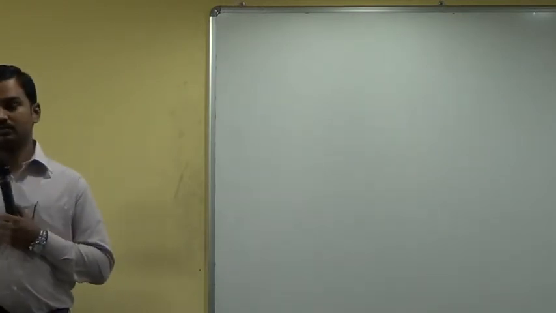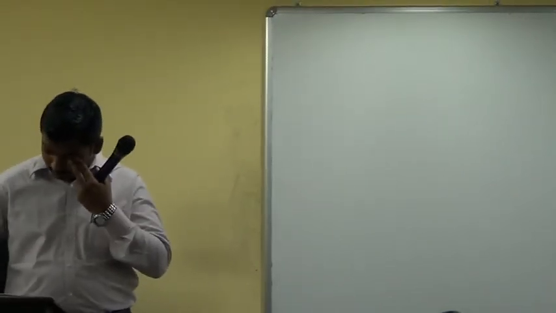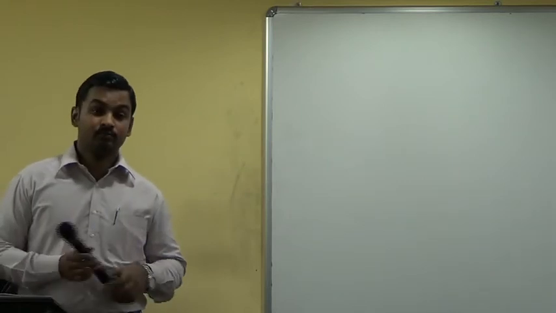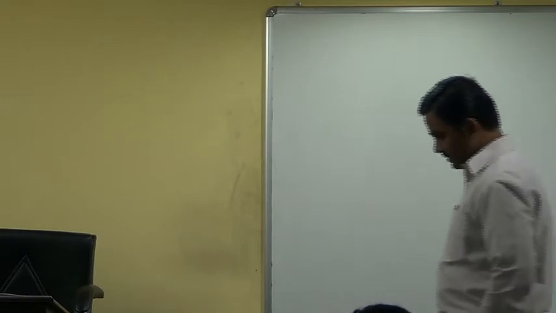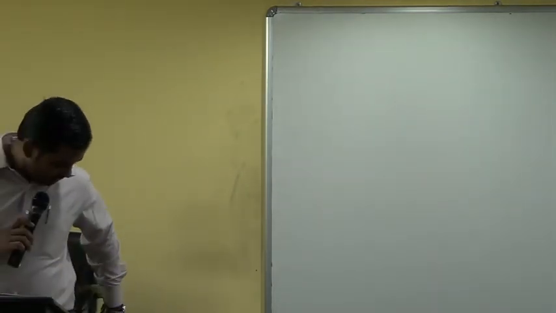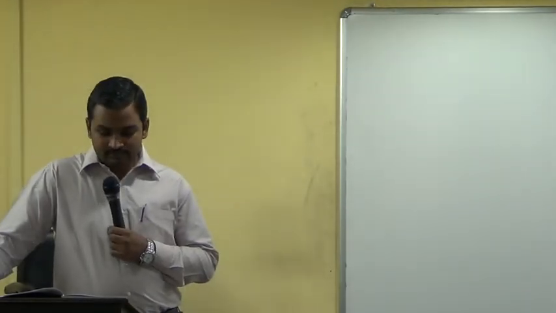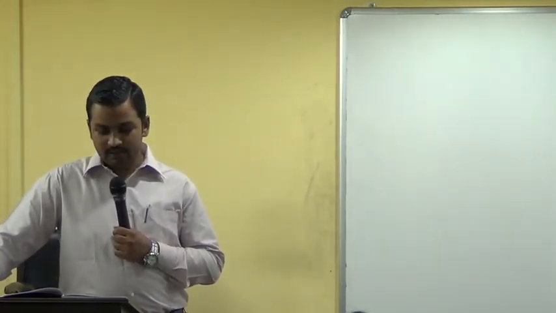Come to page number 6.26, problem number 7. A Limited and L Limited amalgamated to form a new company, LK Limited. The financial position of these two companies on the date of amalgamation was as under: goodwill 80,000, land and building